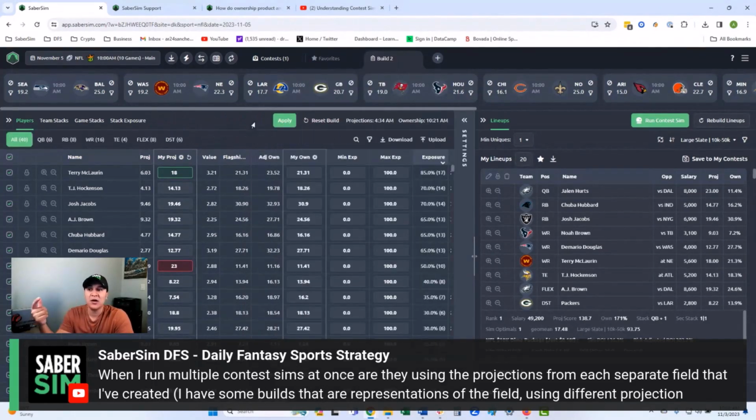When you actually run the contest sim, remember, we are taking your lineups in this build and playing it out against the other lineups in the field, lineups that you've indicated. So within this build, we are using the projections from this build. So we are using the values in the My Projection column for this contest sim. Okay. So whatever projections that you see here are the projections that are used, but we are still randomly sampling